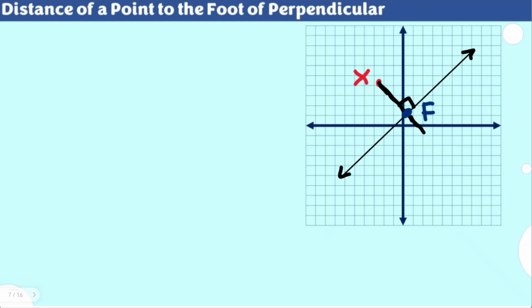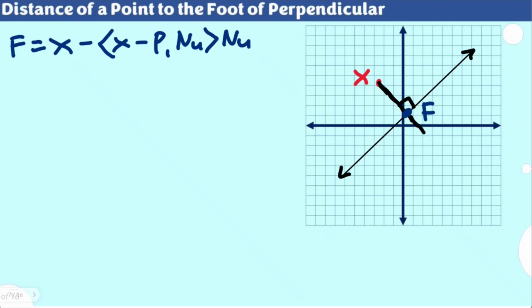We actually discussed the formula: you have here the inner product of X minus P and the normal unit vector, times the normal unit vector. Okay, and this is actually the distance from this point X towards that foot, which is the shortest distance. Of course, we also know from our high school years that the shortest distance is actually perpendicular to the line. Now, talking about the distance of that given point X to the foot of the perpendicular, we're actually provided here by this formula already.